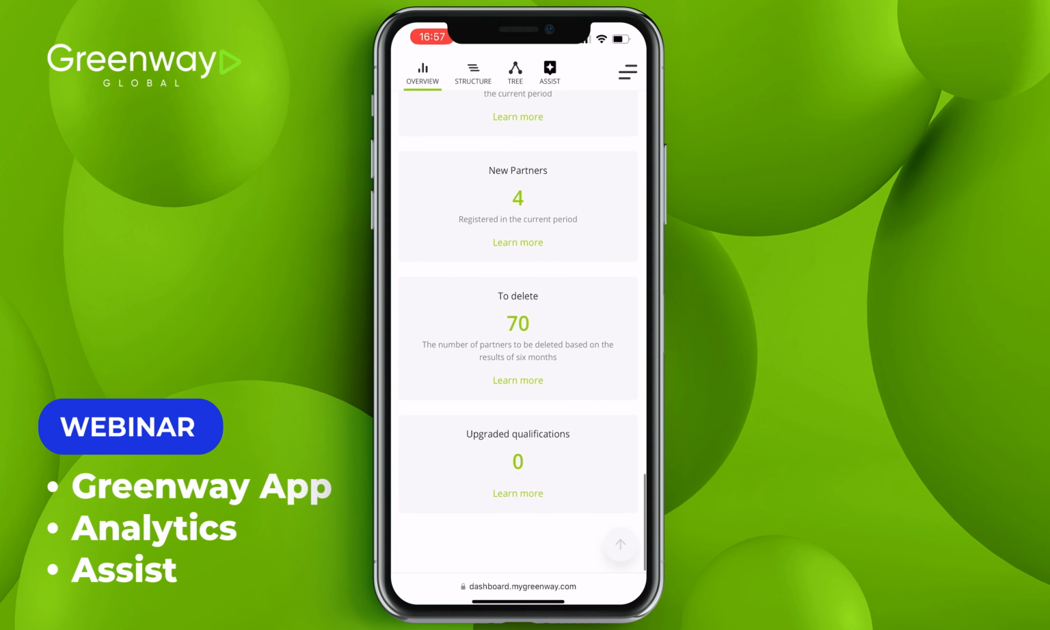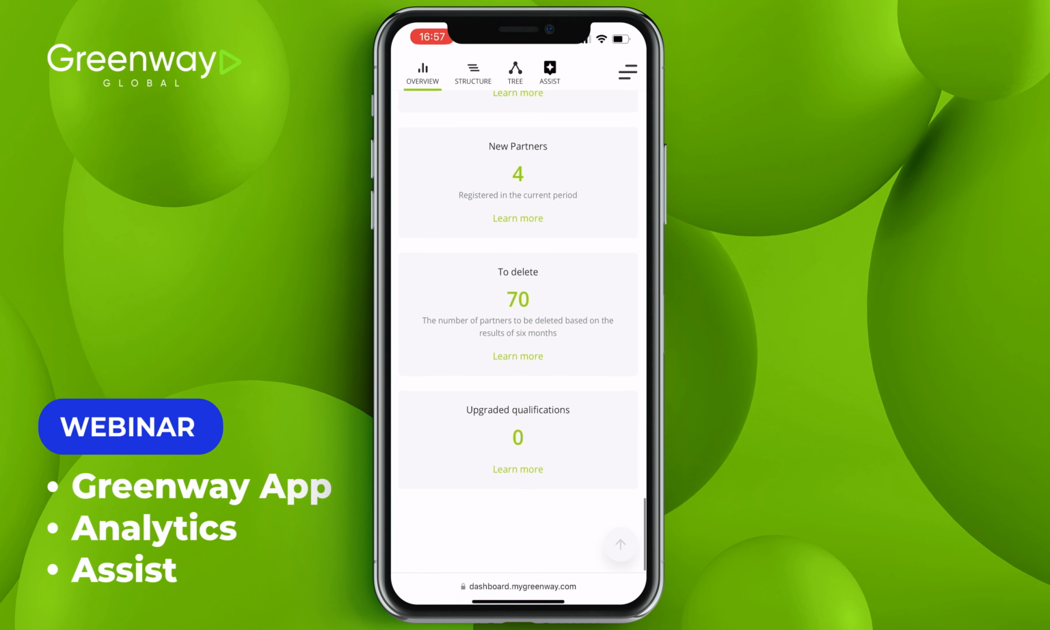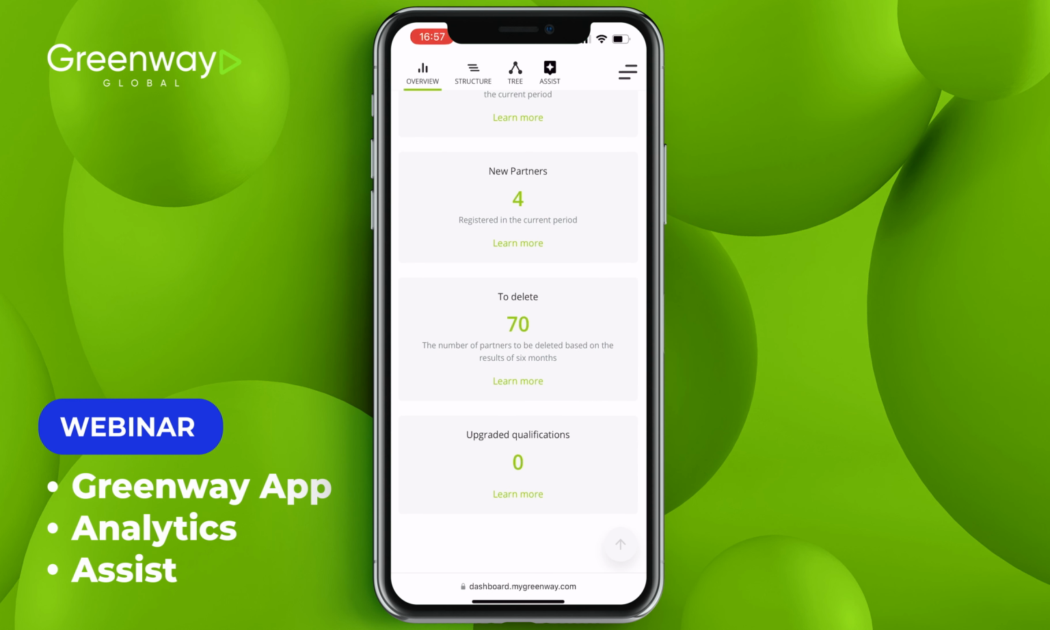The next tab we have is Beginners. Here are all the new people in your structure in the current period, broken down into the first line and the last. To delete is the number of partners who have not been active for the last 6 to 12 periods and will be deleted after the closing of the current period. Accordingly, this is the last chance to get them back into business, to work with them,